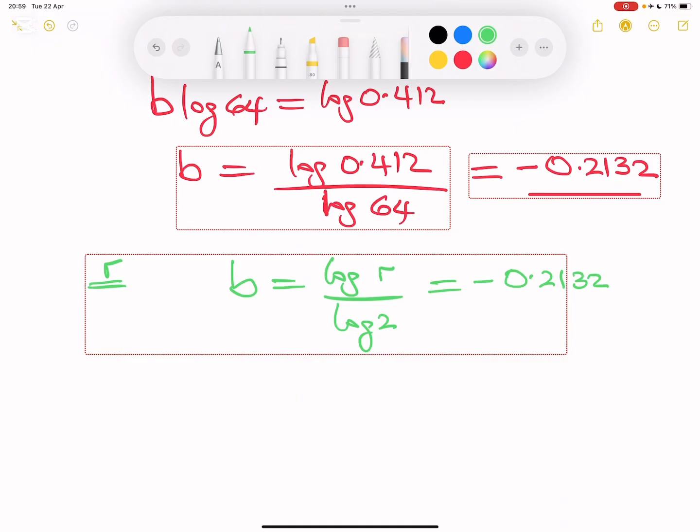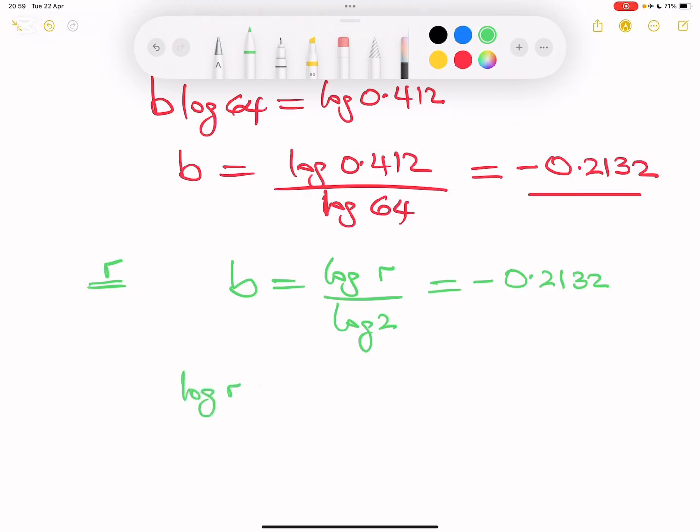And if that is the case, it's easy to do log R. Log 2, we already know it. It's a constant figure we've been seeing all day. But let's just get it quickly. So log 2 is 0.3010. Which means that log R will now be equal to, cross multiply,